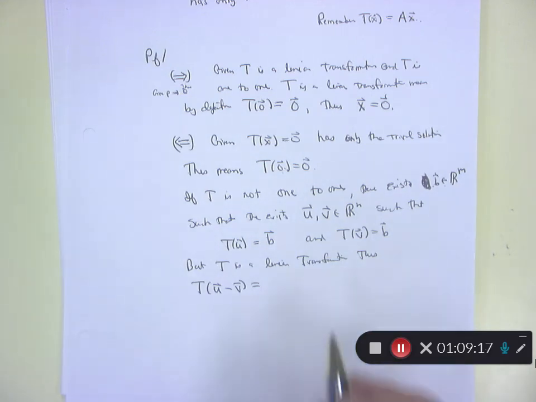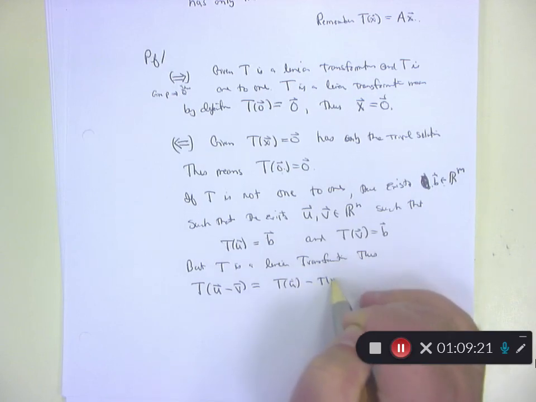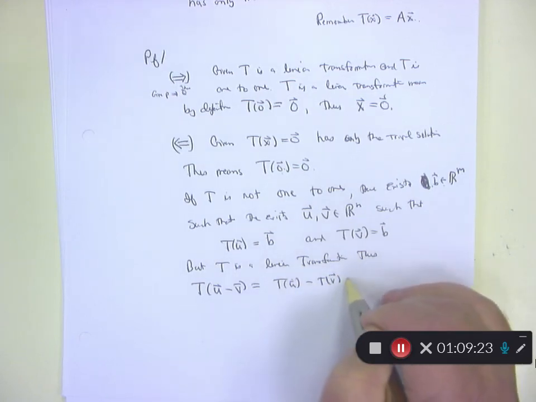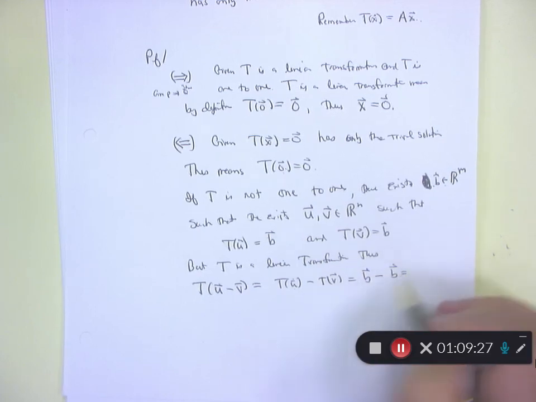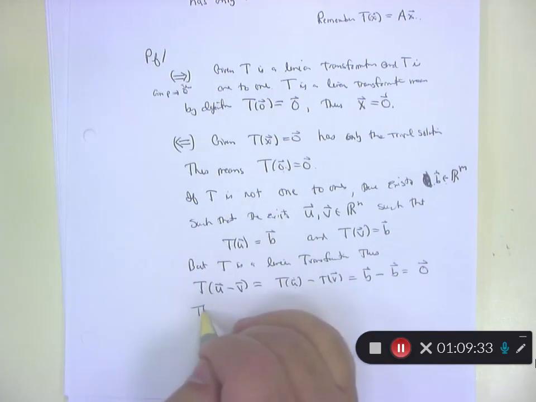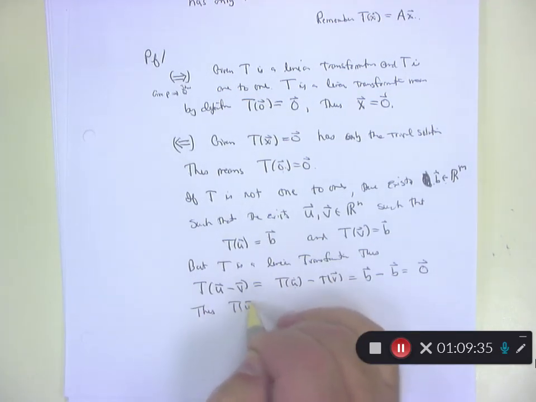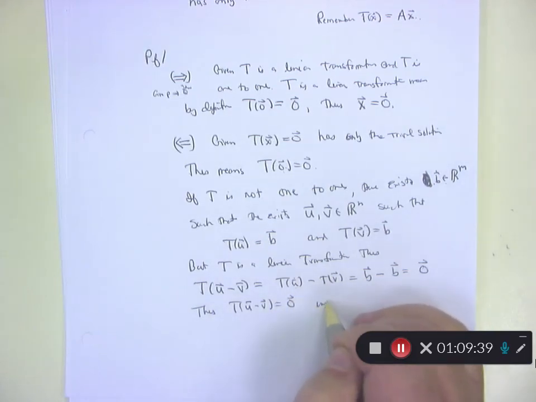So this is equal to T of u minus T of v, right? But T of u is equal to b, minus T of v equals b. What's b vector minus b vector? The 0 vector. Thus, T of u minus v is equal to the 0 vector, implying